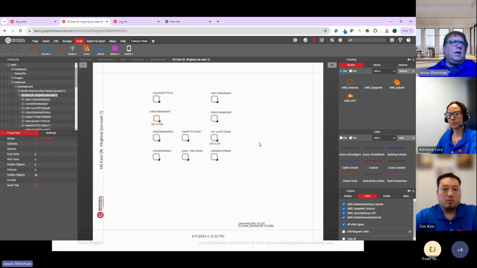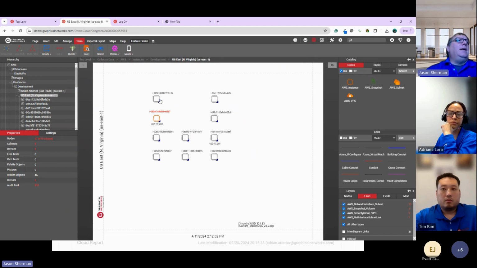So if I go into my US East, I've got a bunch of EC2 instances here. Most of these EC2 instances are turned off. That's why they're gray. There is one here that's orange. That one's currently active. So when you're talking about things like status or monitoring, one of the things you care about, of course, is is this thing running and how many of these things do I have that are running. I can go to AWS and see that too, but it might be a little harder to see that across multiple regions in one view. Or you're going to have to go into AWS and go through each region, then do a search and say, all right, just show me running instances. You may not know what the instance is either.